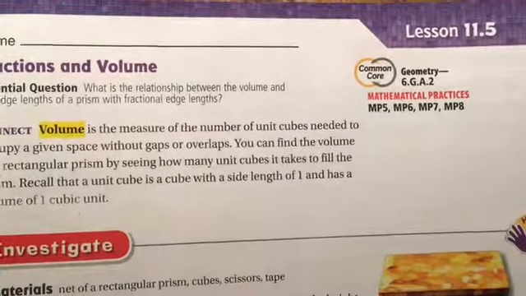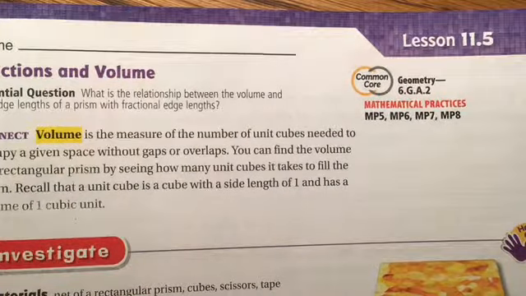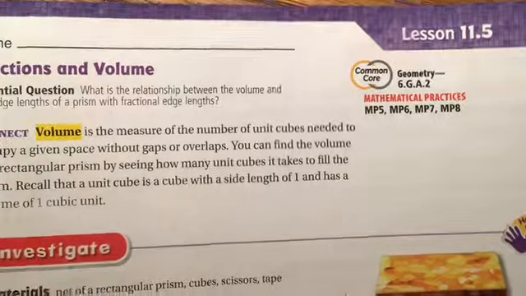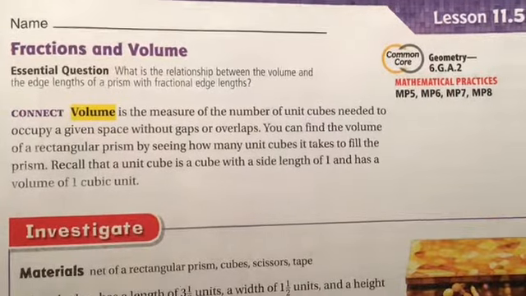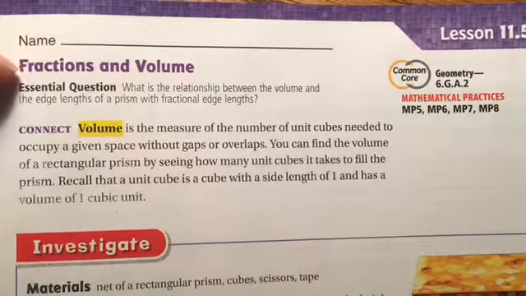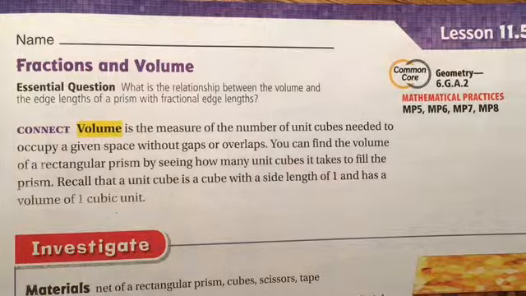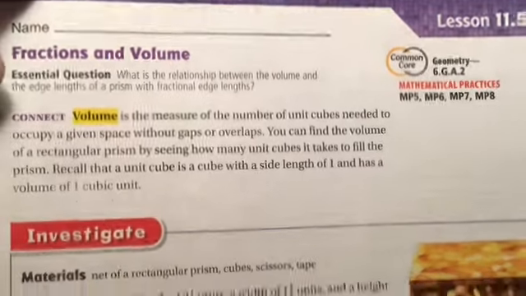Welcome back, and we're kind of moving backwards. So we went from 11.6, now we're coming back to 11.5 because it doesn't really make sense to me the way they have it set up in the book. The whole point of what they're trying to do here is applying some fractions to volume and fractional edge lengths to volume. Pretty simply,